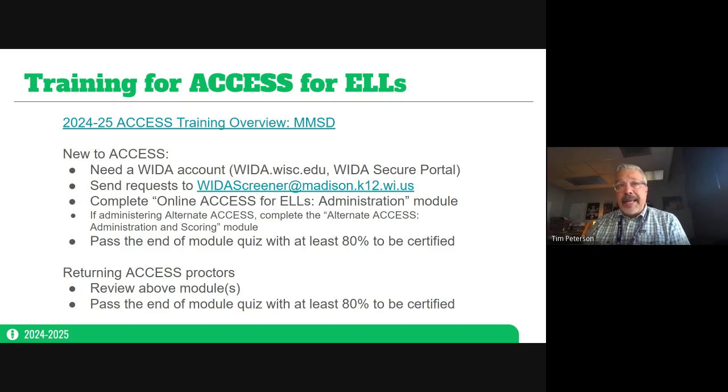There is a quiz at the end, and you need an 80% to be certified. And then we can check and see who's been certified and who's not. So that's typically the route that a new ACCESS administration proctor would take.